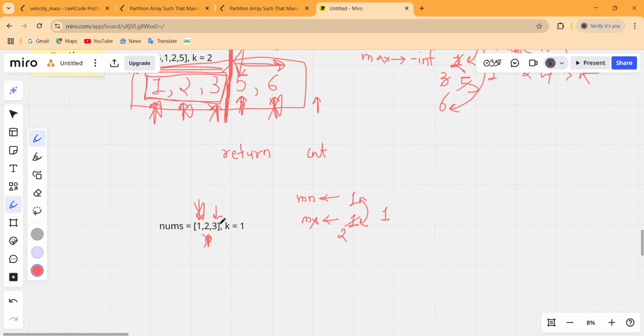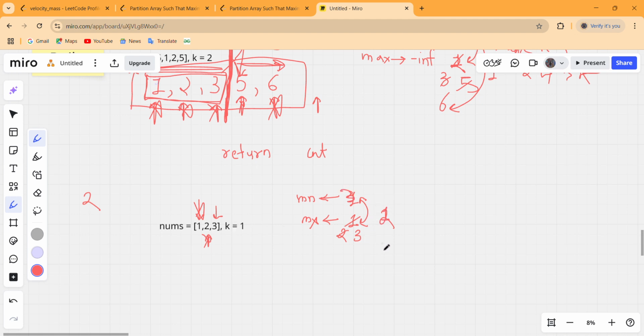And when I equals 2 and the maximum till this index is 3, minimum is 1, so this time the difference will be 2. Here we can see that the difference is greater than k. Whenever the difference is greater than k, we have to increment our CNT. Our CNT is firstly 1, so that will be 2 now, and we have to update our minimum to nums of I, that means that will be 3 now.